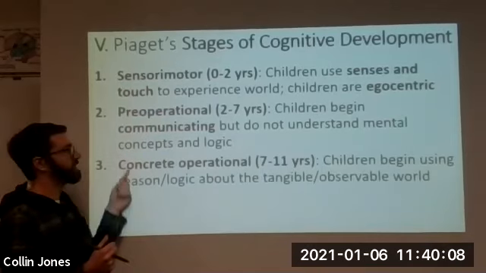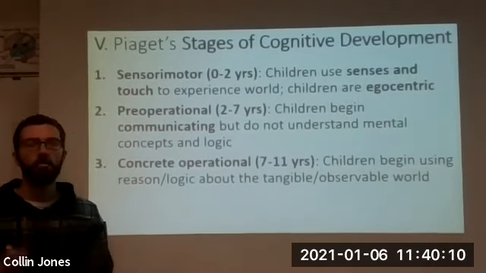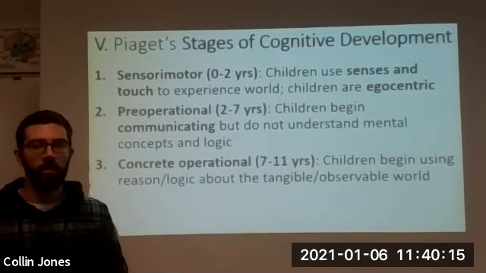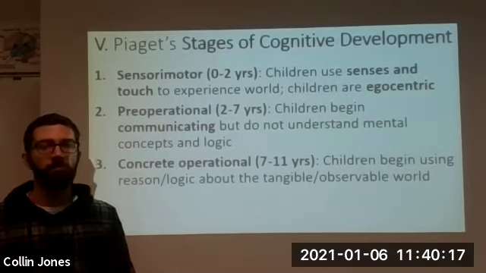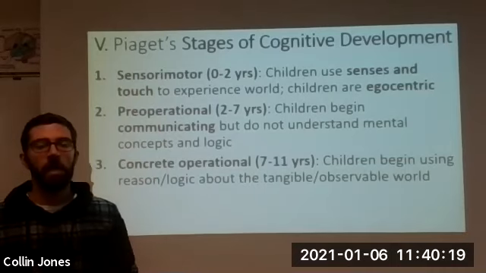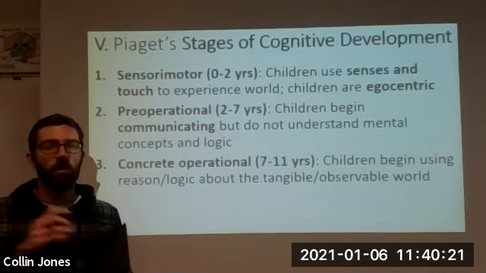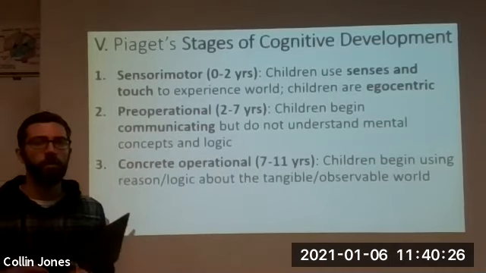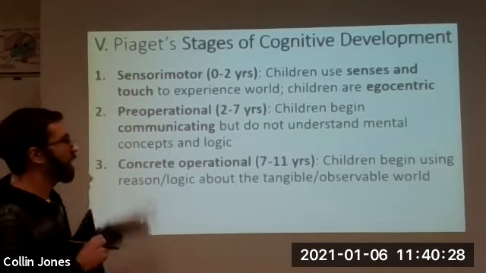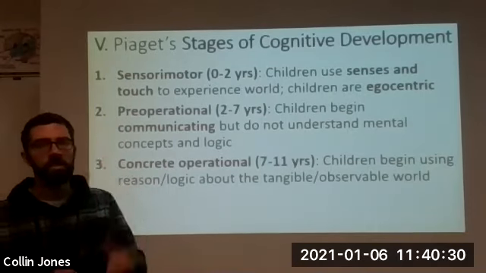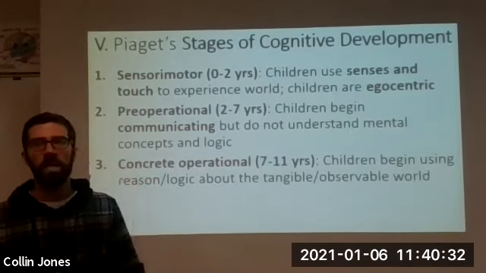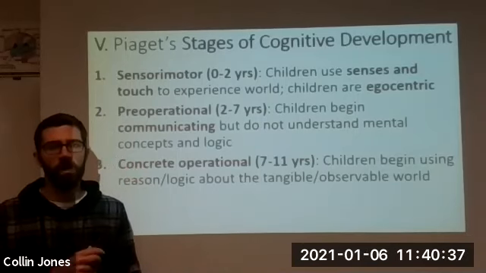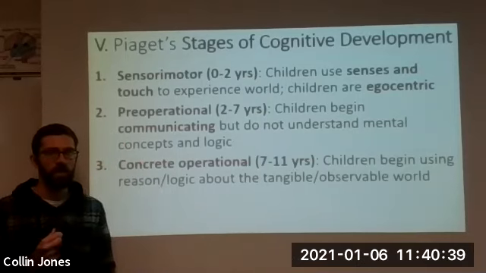The third stage, C, is about concrete operations. These are kids who can now operate in the world, okay? They start to have logic, they start to be able to use reasoning to manipulate things in the real world, to understand how things work. Kids around this age love to take things apart and put them back together. And in this word concrete, it means things that you can see, observe, things that are tangible, things that make sense, okay? So up until like middle school age, kids are in the third stage.